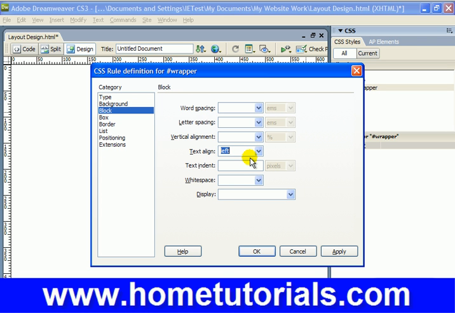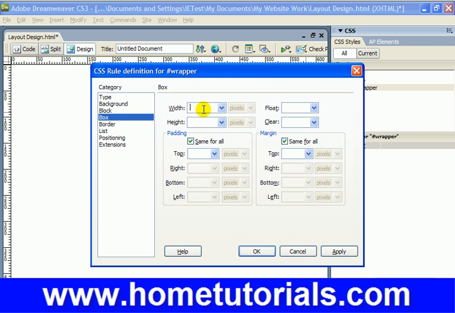Now, in the previous exercise, when setting up the body tag rule, we chose text align center, and that was to maintain compatibility with older browsers. But because the pound wrapper that we're creating now has a higher specificity than the body tag selector, all elements eventually that we put inside this wrapper will be left aligned and not centered. So this is going to contain, remember, all the other tags, and sort of like a global settings rule like we mentioned before. So text align left,